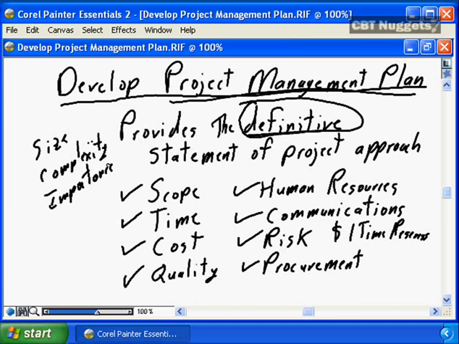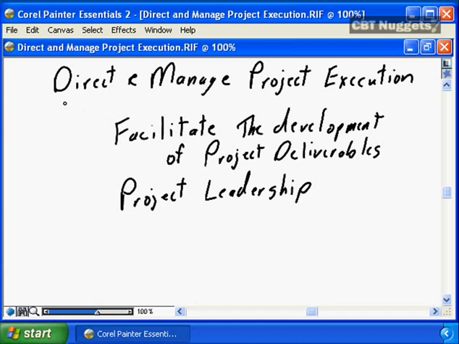Very large, very complex projects will not have so much a project management plan, but they will have a separate document that is the scope management plan. And they will have a separate document that is the time management plan, and a separate document that is the cost management plan, and on and on and on through each of the core components of our project management plan itself. The project management plan is critical. It provides the approach, the definition of how we're going to manage our project. The production of the project management plan completes the planning process for our project.